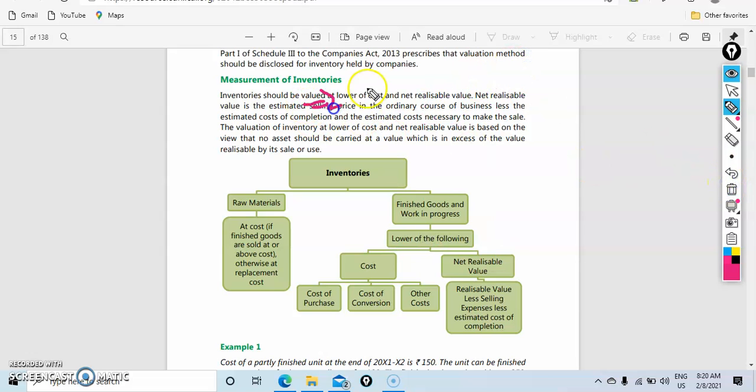See, first of all, cost means purchase cost, direct cost, and other costs which are necessary to bring the inventory to its present location and condition. So other costs are those required to make the finished goods available in the market. Up to that we will consider, and we will not consider selling costs because we are talking about inventory. So only other costs we will take. So in this, whatever the purchase cost, direct expenses means whatever we put for the direct expenses, and other cost means